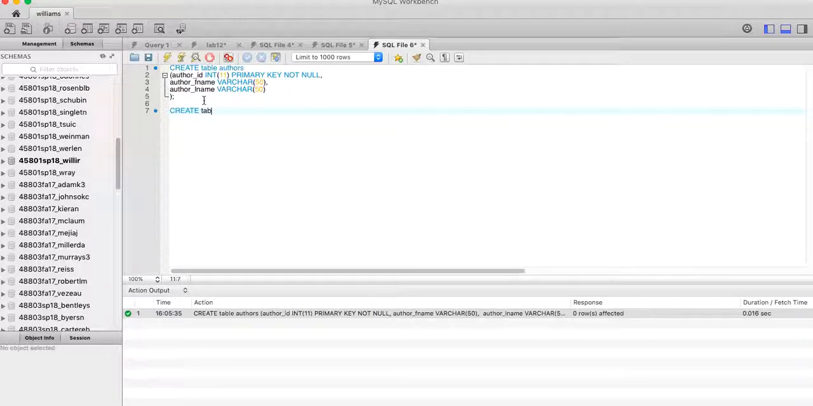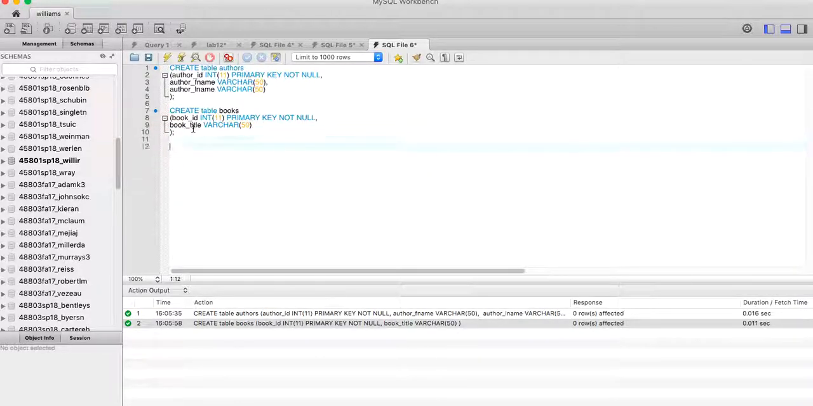And then we'll create another table, books. We have book ID. We'll do the same thing, primary key not null. And then we'll have book title. And we'll end that one as well, so we'll create that. Okay, so then for